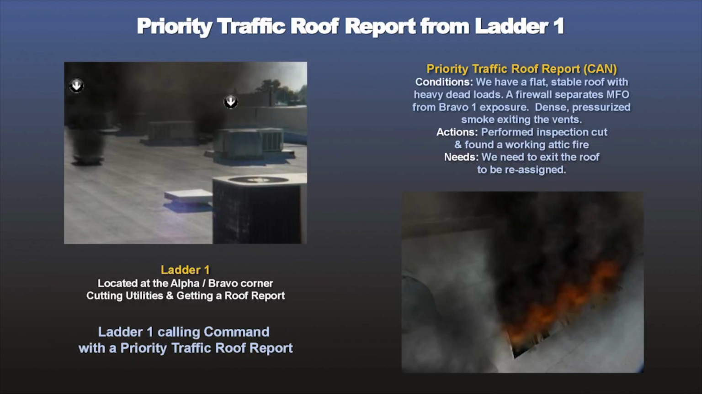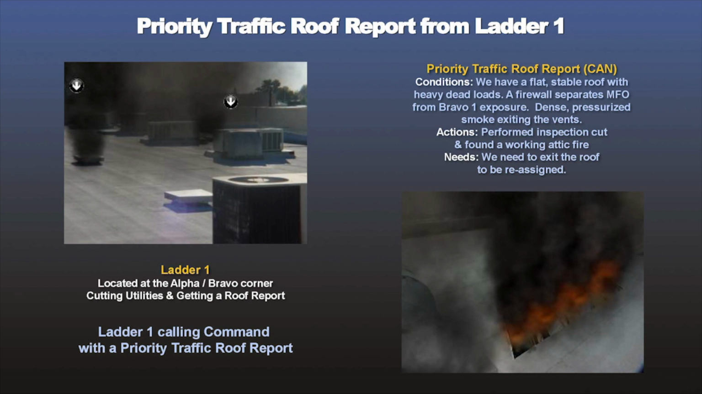Now this would be a priority traffic roof report from Ladder 1. The difference between a regular roof report and a priority traffic roof report is by front-loading the conversation back to command by saying Ladder 1 has a roof report or Ladder 1 has a priority traffic roof report. It allows command to triage the information. So this roof report would sound something along these lines: